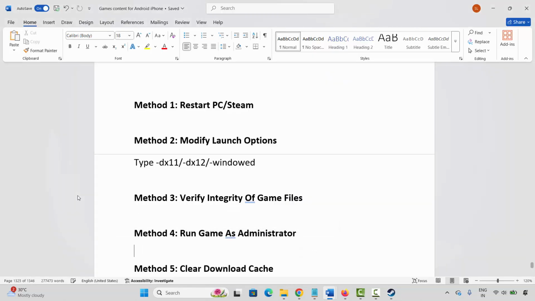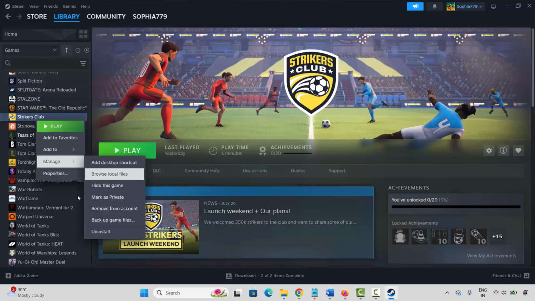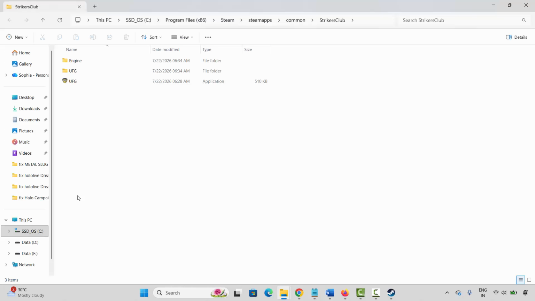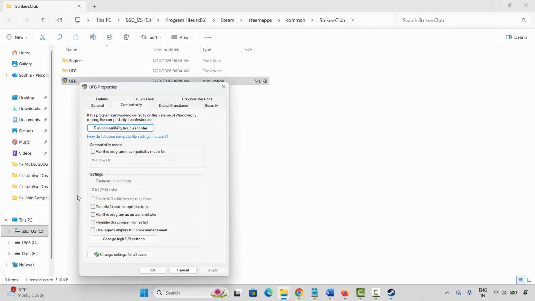So for that, go to Steam, under library section, select your game, right click on it, click on manage, click on browse local files. This will take you to the game folder where your game has been installed. Select the exe file, right click on it, click on properties, click on compatibility, and here you have to select run this program as an administrator, click on apply and OK, and now launch the game and check if it's